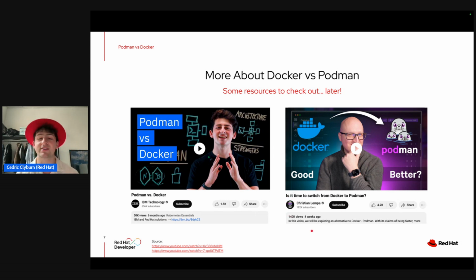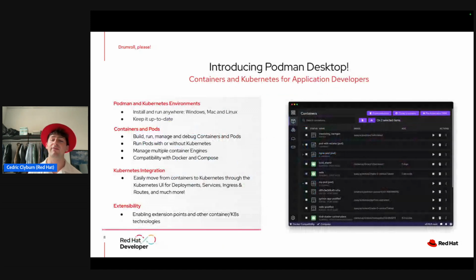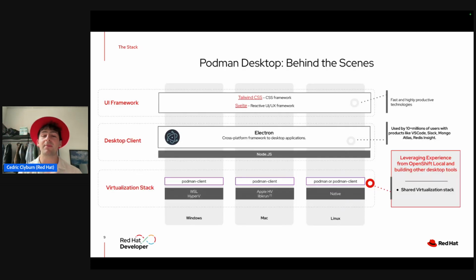So that's a little bit about the tool itself. But we're going to be using the interface, which is Podman Desktop, to run our models and build out these AI applications. I won't talk too much here because I want to show you and not tell you. But behind the scenes, the app that we're using is built with Svelte and Tailwind, as well as Electron. And we're able to run these containers on any machine by using a virtualization stack, or for example on Mac, a Podman machine, which is a virtual machine that's running our containers,